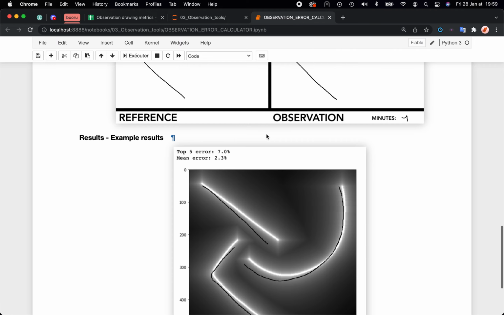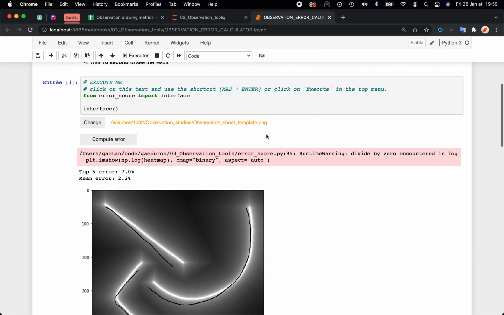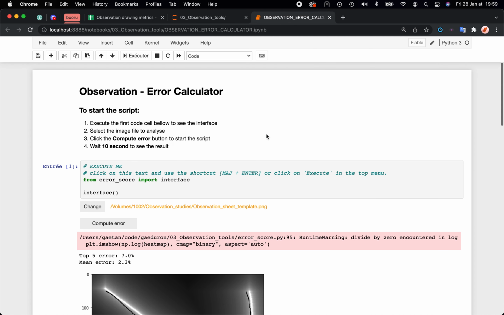So now that I have this software, I will be super fast at testing my accuracy or my error, and I will be able to make more analysis.